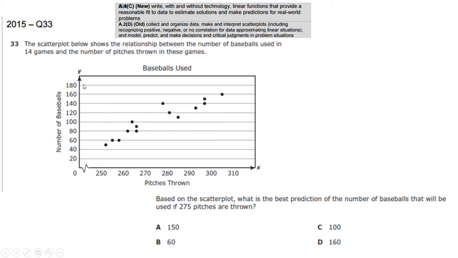Okay, now our last star question for today. So again, we're trying to predict the number of baseballs used in 14 games. And then they want to make a prediction for how many are used if 275 pitches were thrown. Well, 275 would be about right here. I'm going to show you 2 ways to do this question. The first way we could do this is